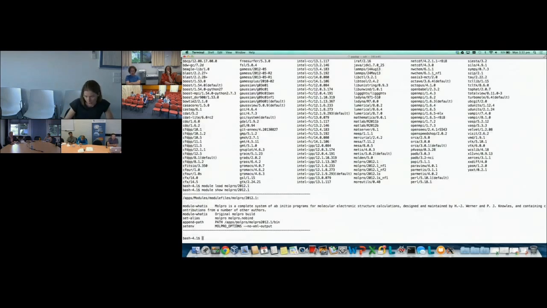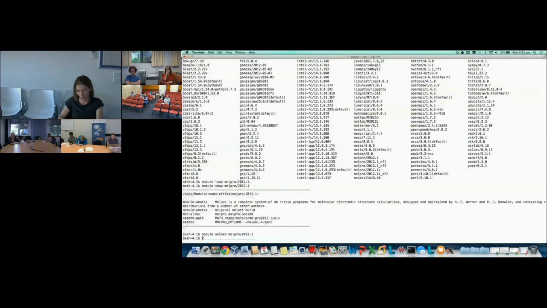It tells me the path where the actual libraries are, in this case in /apps, and so on. If I want to unload the modules because I want to have a different version of the same thing, I can do unload first.